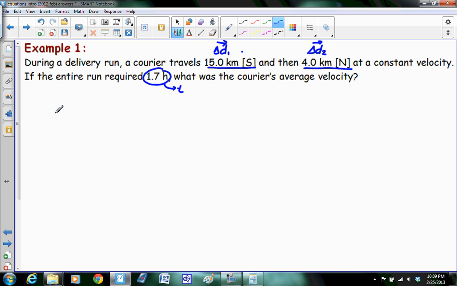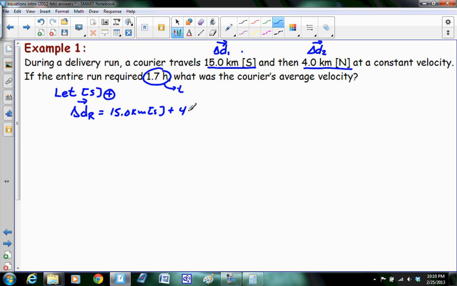So let's write down what we know about the situation. The first thing we do is write down the positive direction. So I started moving south, so I'll use that as my positive. So south is positive. And I'm going to write down our given. One thing I am going to do is figure out the resultant displacement, the overall displacement, because I really need to have that for this particular question. So that's equal to these two added together. So it's going to be 15 kilometers south